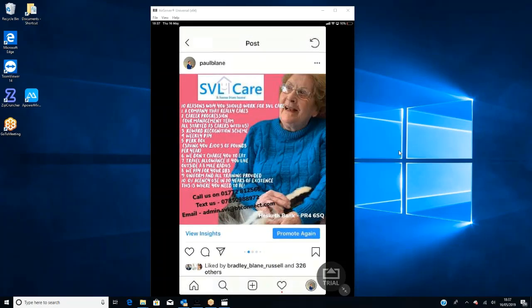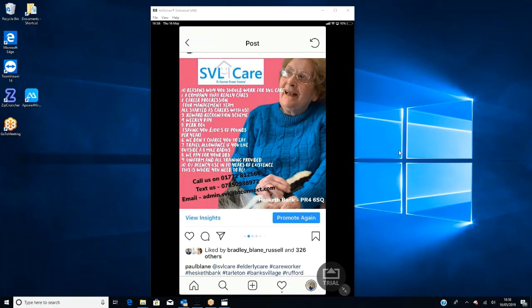Four, weekly pay. Now, you may be paying monthly, and I'm not here to tell you to go pay weekly because that could cause your accounts team a lot of problems. But it is a big USP for this company. And why do those staff enjoy getting paid weekly? Well, they're not earning as much money as they'd like, obviously. So paying bills can sometimes be very difficult for someone who is getting monthly pay.